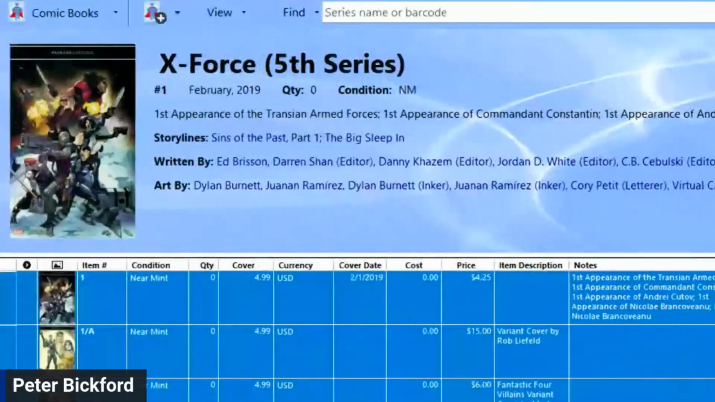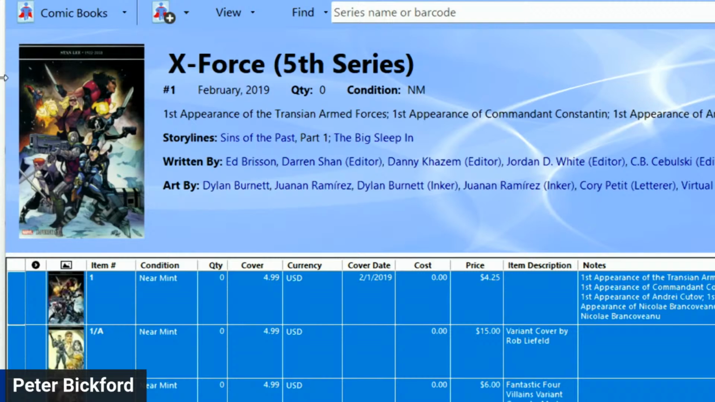Other things that are neat. Little things. All right. So if I come in here, you've seen this one for a long time. As I go in here and I say X-Force 5th series and storyline says Sins of the Past Part 1, if I click on Sins of the Past, it'll do a search for all the parts of Sins of the Past. If I click Ed Brisson or something like that, or Dylan Burnett, it'll do a search for art by